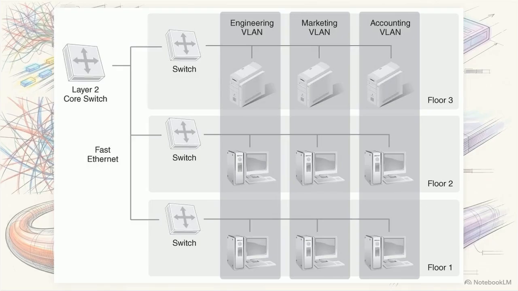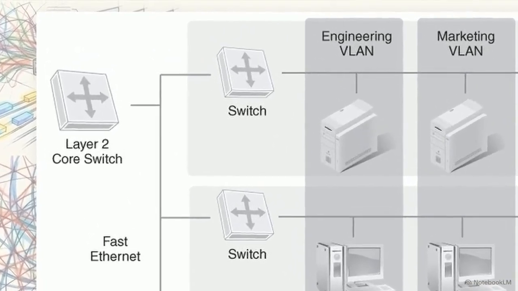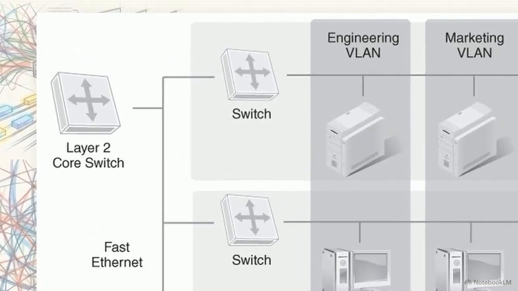From these granular protocols, we can see how the optimized enterprise system functions as a cohesive unit. This full view shows the Layer 2 core switch connecting multi-floor segmented departments. Each piece fulfills a specific role. VLANs isolate traffic. 802.1Q tags carry that data across the backbone, and the combination of Link Aggregation and STP secures the core against physical failure.